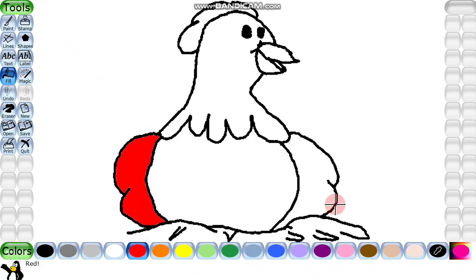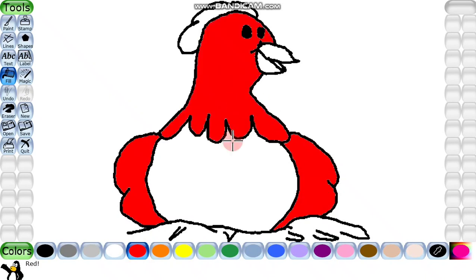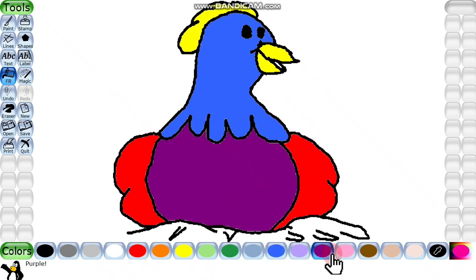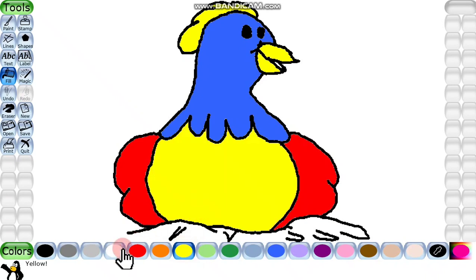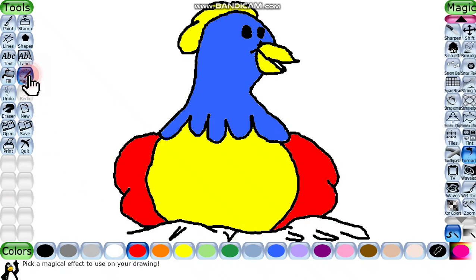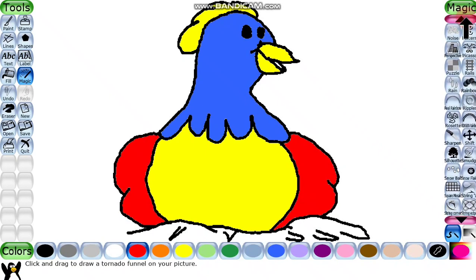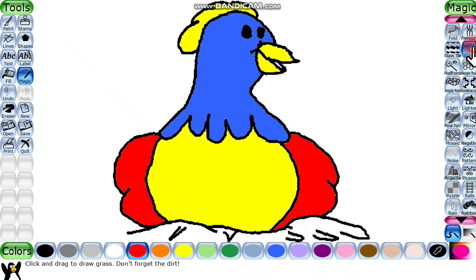Let us just give it red color, है ना. और the color of the beak, yellow color, and here also yellow color, isn't it looking good? Oh, not very good. Let me just try something different, na, just make it very colorful, है ना. So like this we can give different colors, है ना, to the drawing and it helps to make your drawing very beautiful, है ना. ये इससे हम लोग अपने ड्राइंग को सुंदर बना सकते हैं. And we can apply different effects also, है ना, as we have studied now. अभी हम लोगों ने बहुत सारे effects पढ़े हैं, तो इसको हम लोग यहाँ पे लगा सकते हैं and we can make it beautiful. Let us just give some grass, है ना.